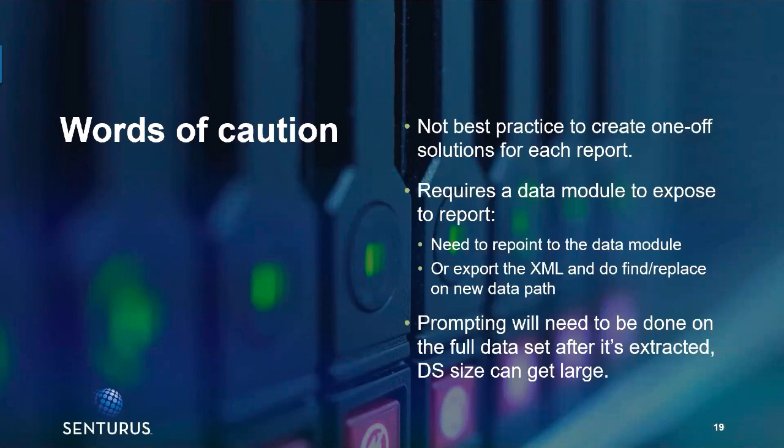I've done that before. And then finally, a lot of reports pre-filter data downstream to reduce the amount of rows. Since the data in the data sets is going to be pre-aggregated, you might need to include those fields in the data set, even if they aren't used in the report output. So if you're filtering on a fiscal year, just to limit the data, but you don't have fiscal year in your report, you probably want to bring in those fields that are filtered on and make sure that they're available in the final version of the report, so you can show and filter different slices of data. So this whole thing can be a bit more complex than I'm getting into right now,